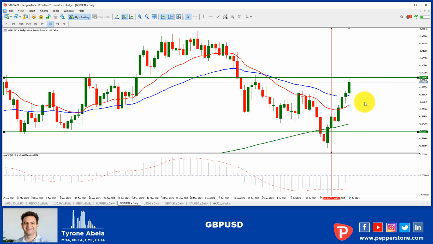Maybe wait for a pullback down on the 20 moving average. That'd be fine. Then start looking for long opportunities again. It's got a heap of MACD momentum in its favor. Signal lines out of the MACD, it's about to cross a zero. So it's certainly got plenty of power, but it is going to find a little bit of resistance around this